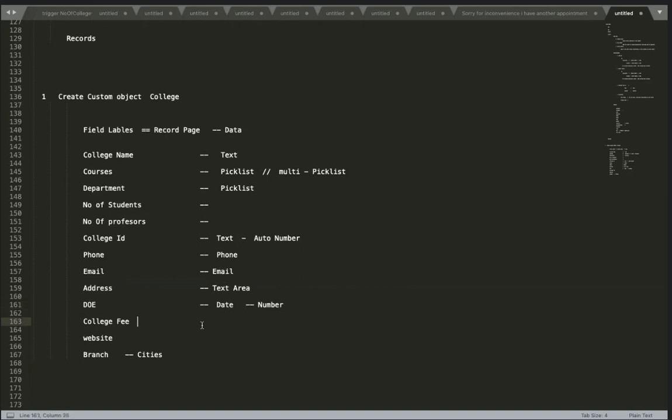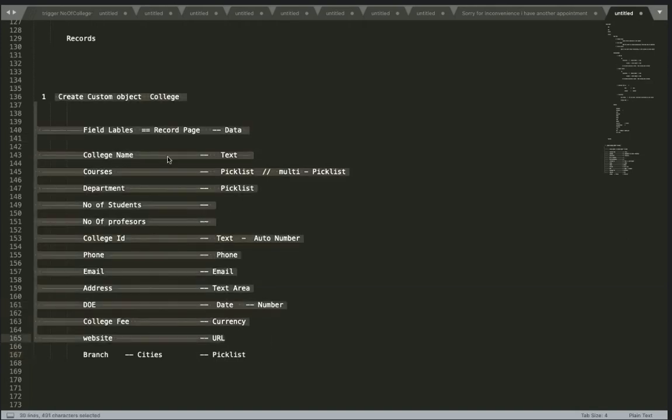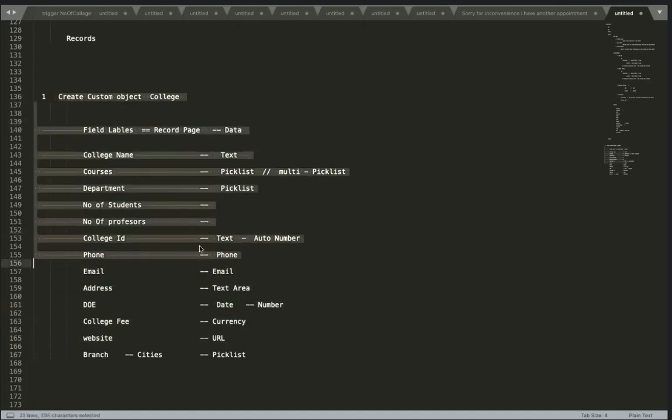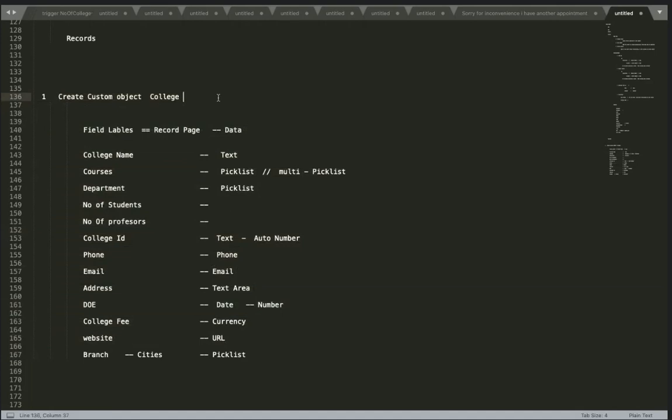Okay. So here you can see the currency, right? Currency. Website, it is URL. The college website. URL. This you can take as a pick list again. You guys can create all these things, right? This scenario. Yes, we can. I am not talking about any relationships concept here. I just only talk about creating general fields.